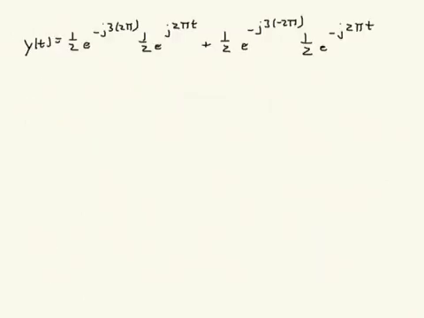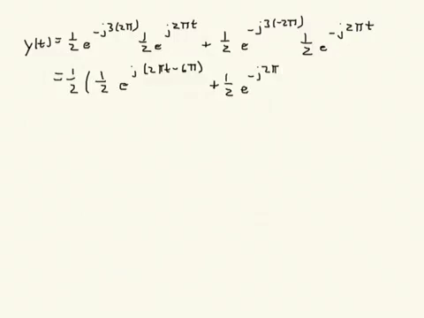So all I've done here is rewrite the expression that I had on the previous page, and now I'm just going to combine the complex exponential terms to simplify it a little bit. I'm going to also pull a 1/2 out front. So I'm going to have 1/2 times 1/2 e to the j 2 pi t minus 6 pi. This minus 6 pi just comes from this term here. And then the other piece will be plus 1/2 e to the minus j 2 pi